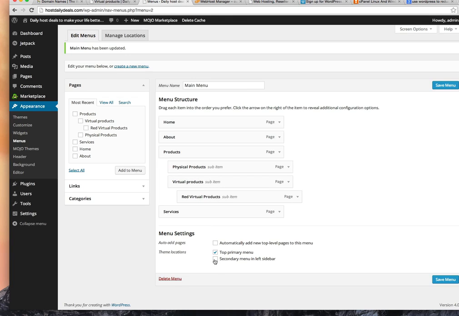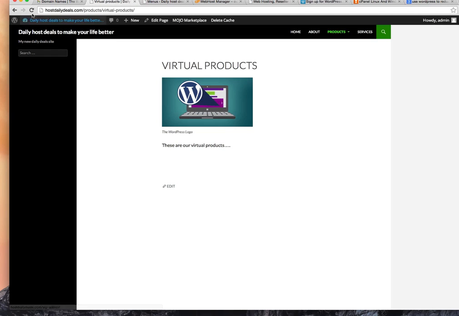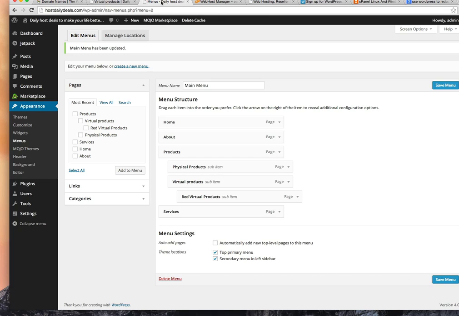Now let's go ahead and just choose. This theme does support the menu in the primary menu bar and in the secondary left sidebar. So we'll save that. Let's go take a look what it looks like here. And you can see I have my menu here as well. Now maybe you would like a different menu on the left versus the menu I have at the top. So because this theme supports two menu locations, let's take it off the secondary menu bar